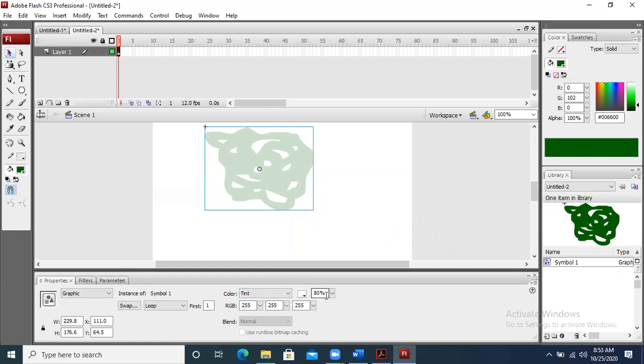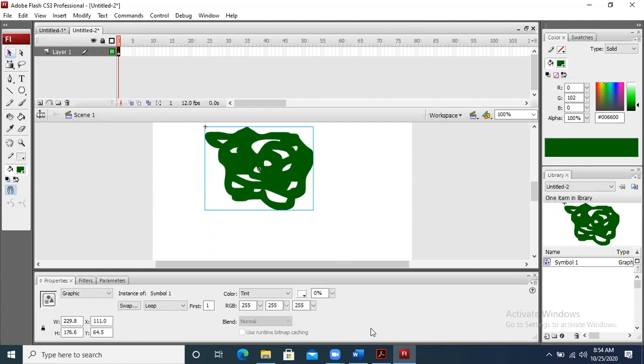If I change it to 90%, it will be even lighter. If I change it to 20%, then it will be darker. But if I change it to 0% or normal position, then it will be in its original position.